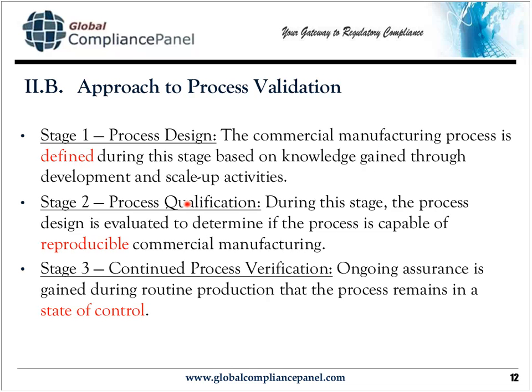And then in the process qualification stage, this is what used to be called process validation. It's stage 2 here. The idea is to prove that the process is reproducible. Now, this leads to all sorts of things, including the old requirement that you had to have 3 consecutive lots. If you can't make 3 consecutive lots that all meet spec, then your system is considered to be unstable. And then finally, your continued process verification, not validation, verification.